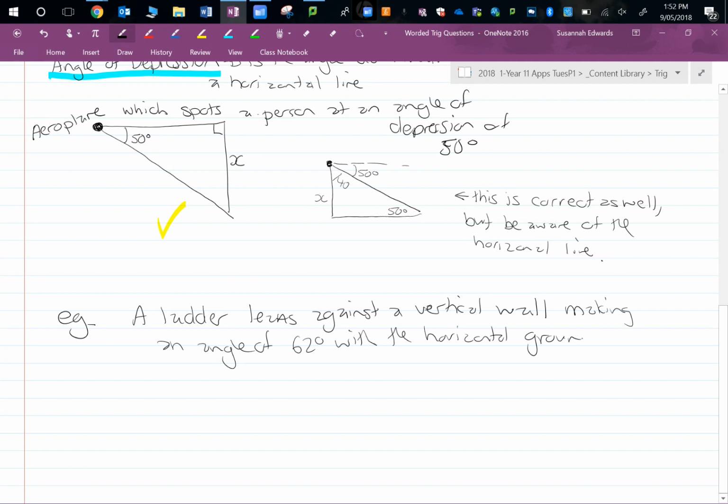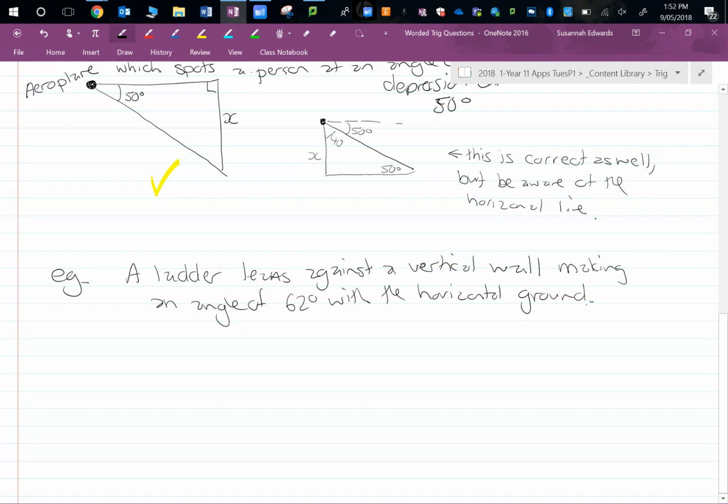Notice the words vertical and horizontal. That means we're going to end up making a 90-degree angle. If the ladder is 8 meters long, determine